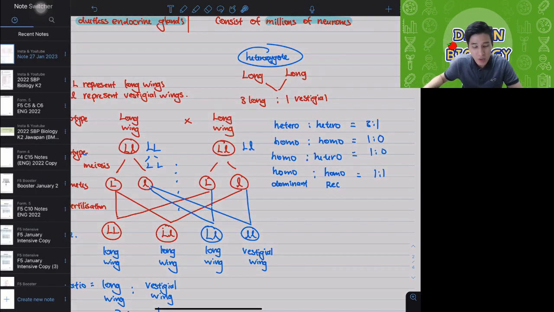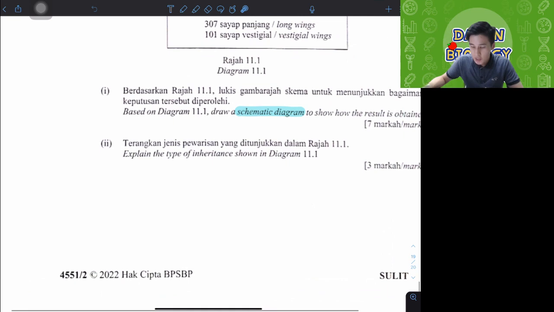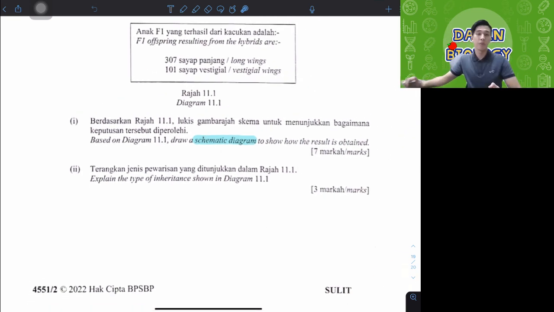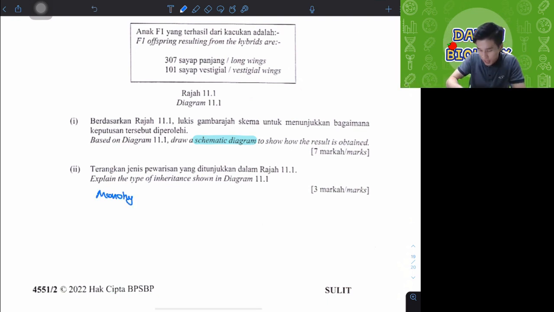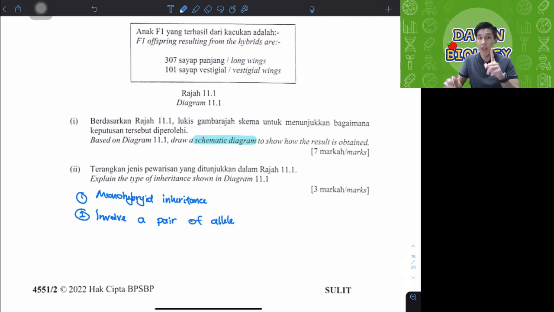Okay. Now, back to here. Explain the type of inheritance shown in diagram 1.1. So there are two types of inheritance we learned here. One is mono-hybrid, one is dihybrid inheritance. So this is actually mono-hybrid inheritance, whereby it involves a pair of alleles, right? Only one pair, which is L. You don't have other letters,